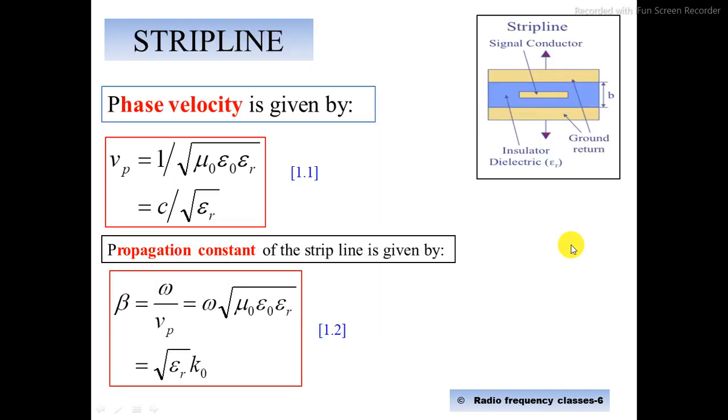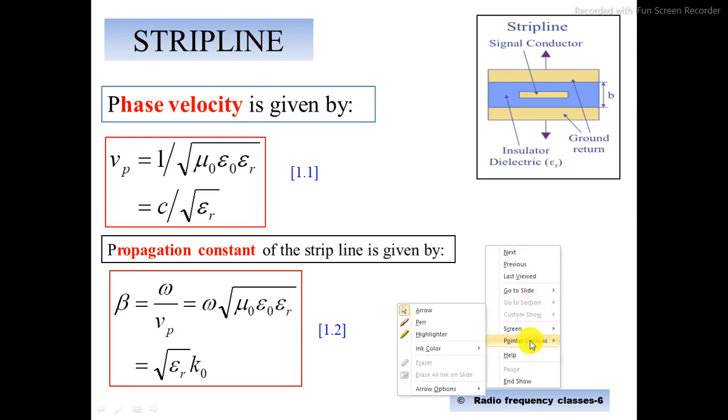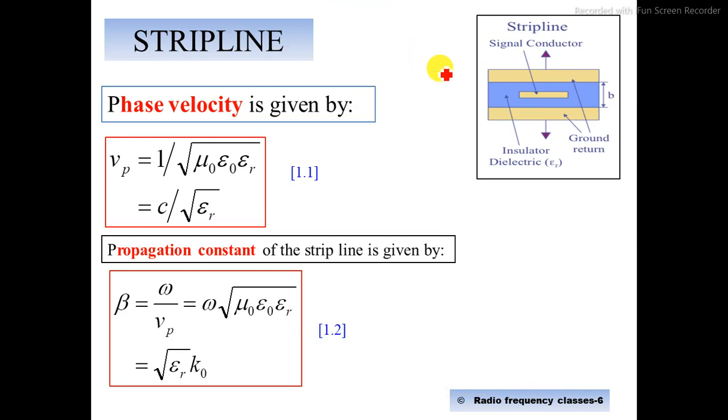Now moving further to the strip line. In the strip line, if you see, we have two ground planes. When we excite it at this point with a certain signal, and that signal propagates inside the strip line structure, it has a certain phase velocity, which is 1 over the square root of mu naught epsilon r. Also here you can have a mu r, but we consider there is no magnetic change in our permeability, so we take mu r equals 1 and have not considered it here. Now see, mu naught and epsilon naught: we know 1 by the square root of mu naught epsilon naught is nothing but the speed of light c.